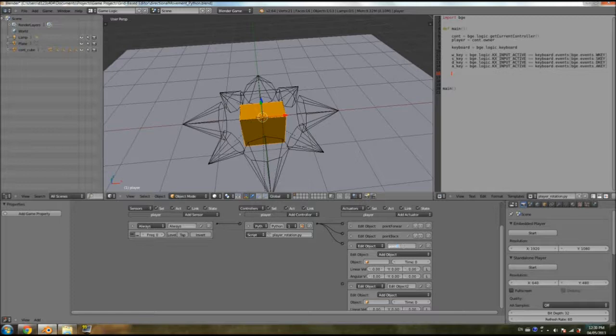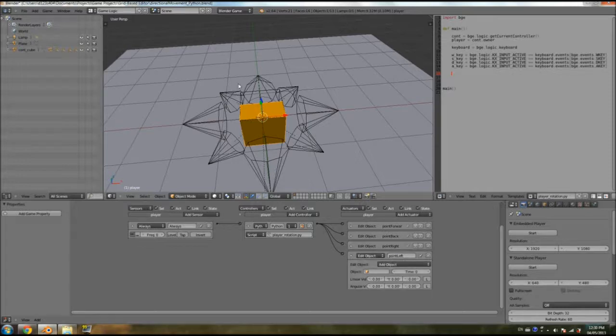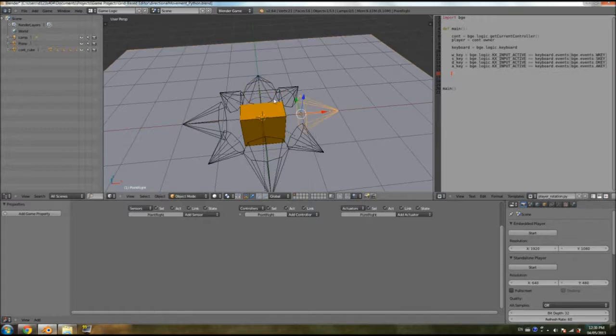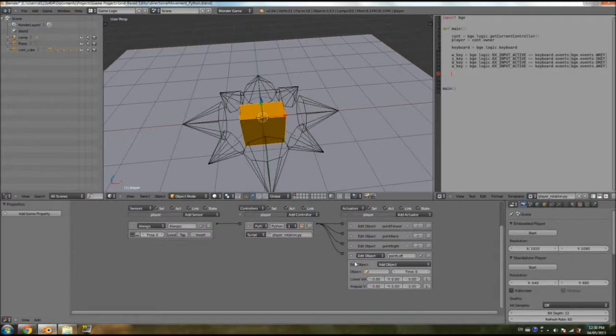Point right. Track to. Point right. And I'm going to contract this. Point left. And notice I'm matching the names of the empties. That's just to make it easier to know which one points towards which object. Track to, always remember that. Point left. Okay, so now we have our 4 basic directions